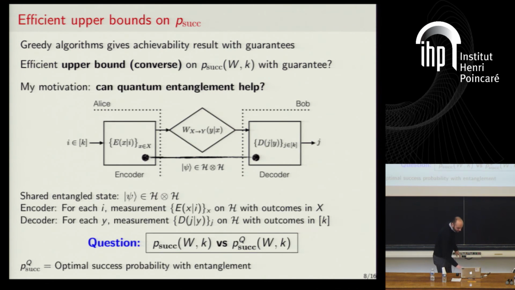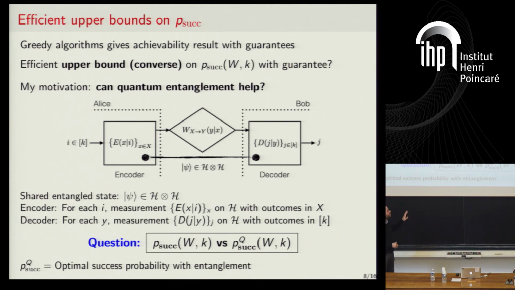Okay, and now perhaps let me mention my motivation for studying this problem. I come from quantum information theory, and my motivation for studying this question is that I would like to understand how much, in this setting where you have a classical channel and you want to send a classical message even, how much does entanglement between the sender and the receiver help you in performing this task? Okay, so let me set up a bit. I won't talk too much about quantum, only a couple of slides.